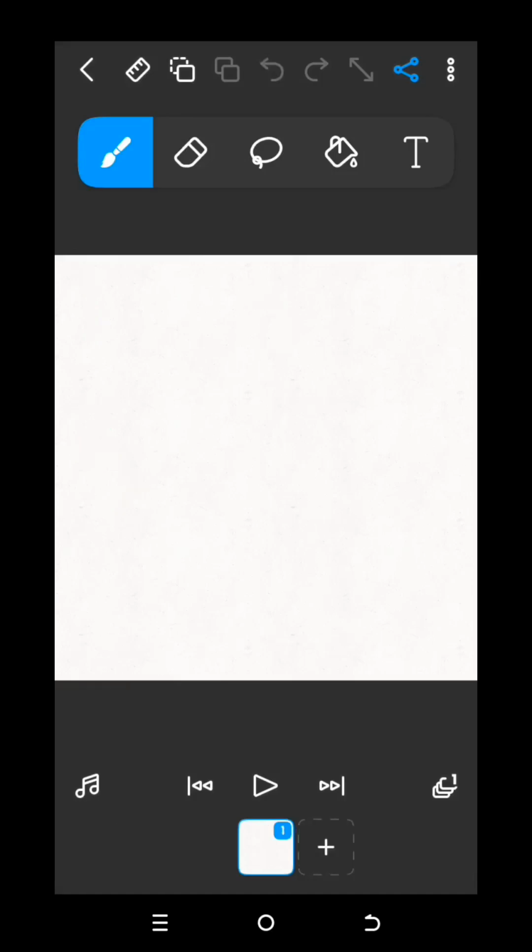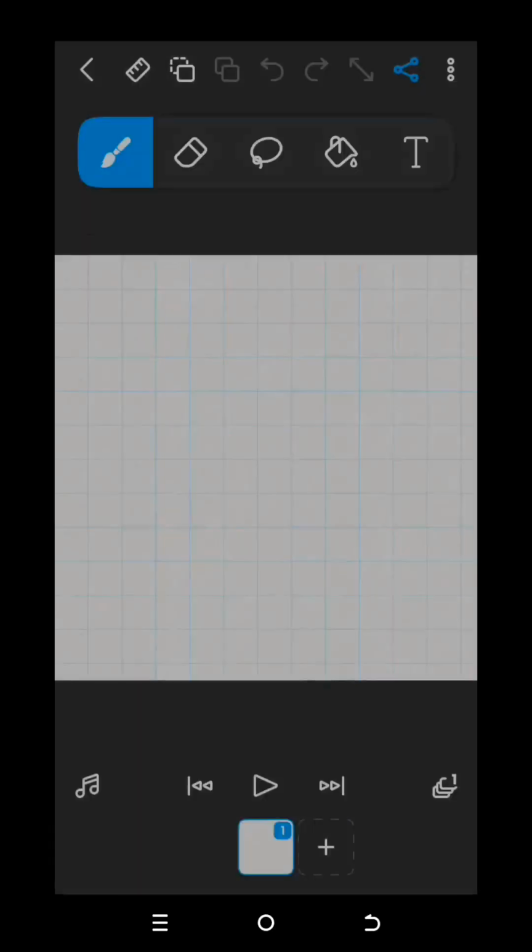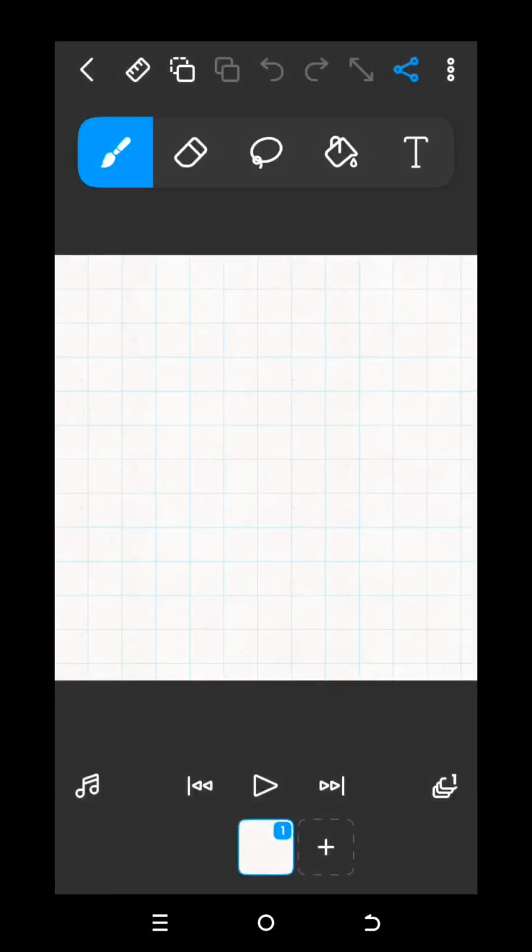Now the grid is only a guide to help you draw. It won't show up in your final animation. Now to access the grid, you click on the 3 dots at your top right corner. Now you can see the grid is not turned on, so you can turn that on. Now if you turned it on, let's go back to our canvas. Now you can see there are a bunch of lines here guiding us on where to draw our animation. So if we go back to the settings,